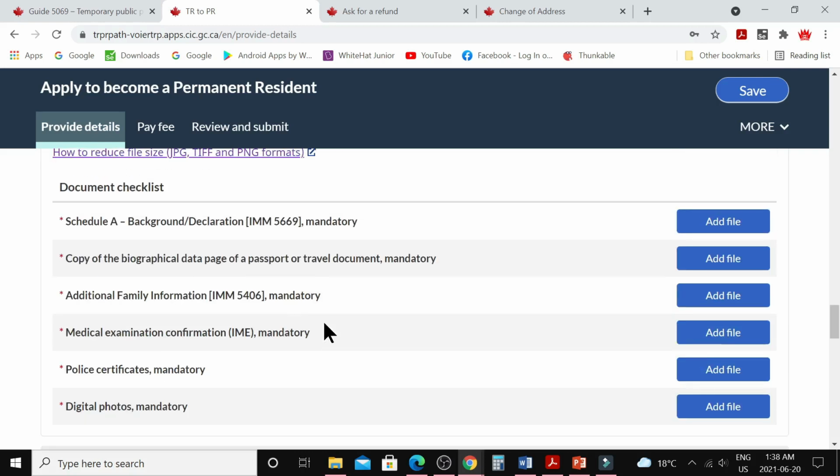Here you can see for your spouse you need the background declaration IMM 5669 form, copy of passport, additional family information form IMM 5406, medical, PCC and digital photos.